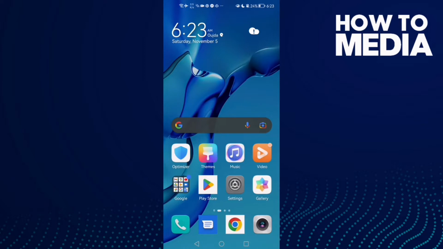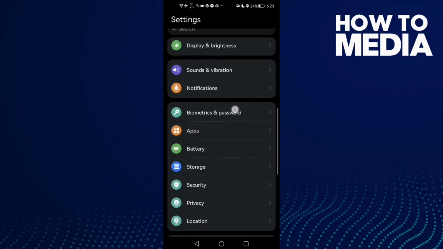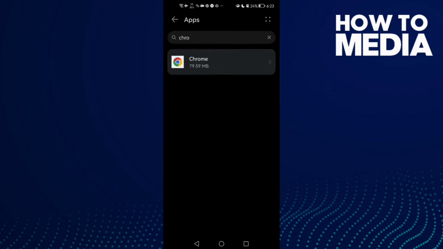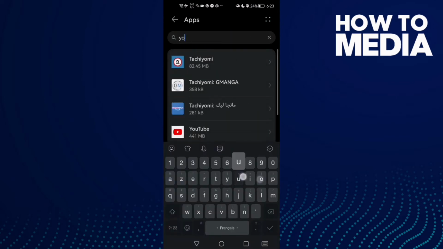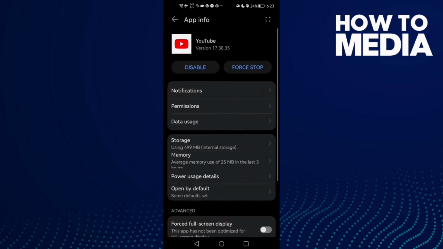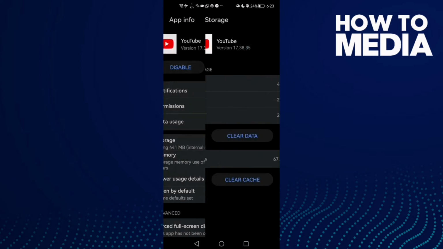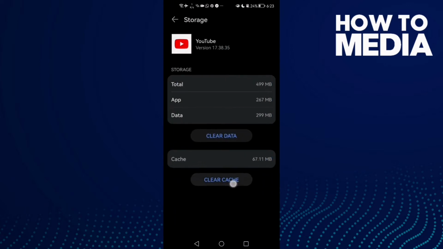Hello guys, in today's video I'm gonna show you how to fix YouTube not working on mobile data on Android phone. First open settings and then scroll down until you find apps and click apps again, and here just type YouTube and then click force stop here, and then go to storage, clear cache,